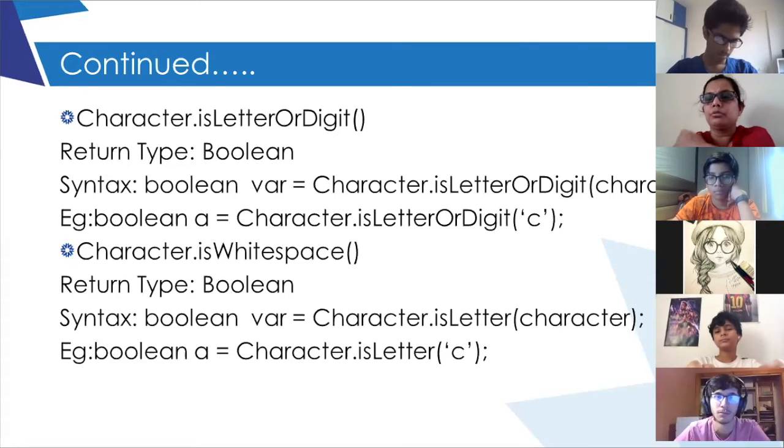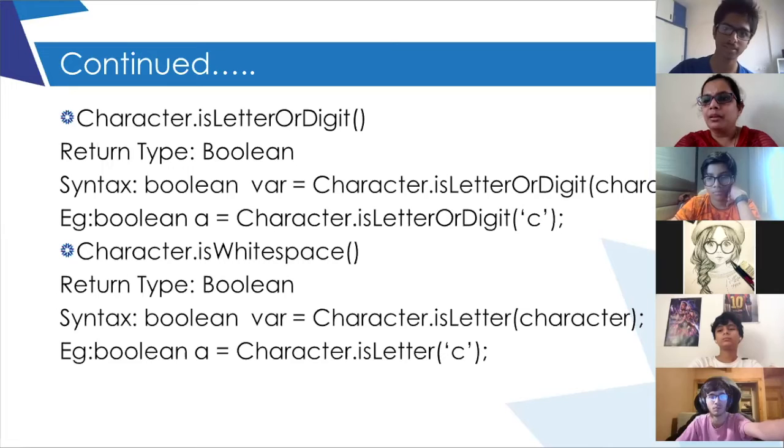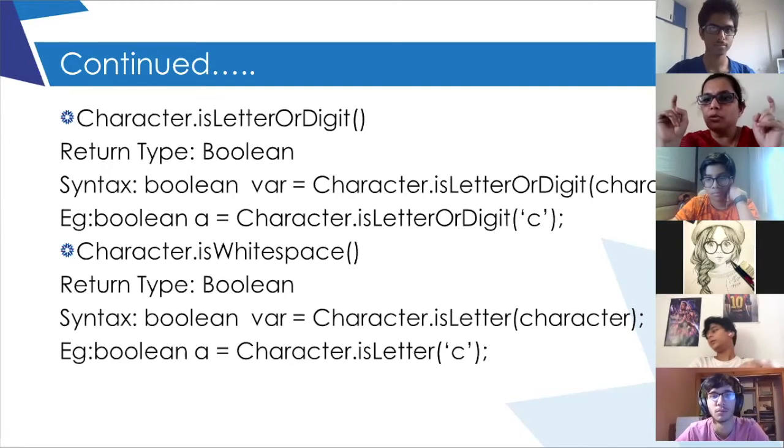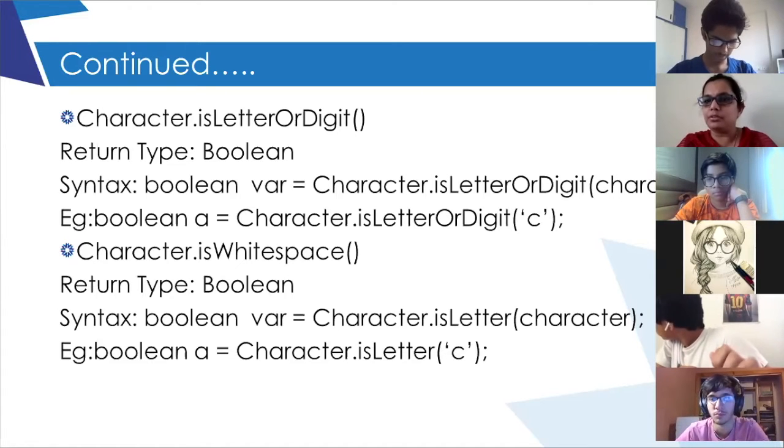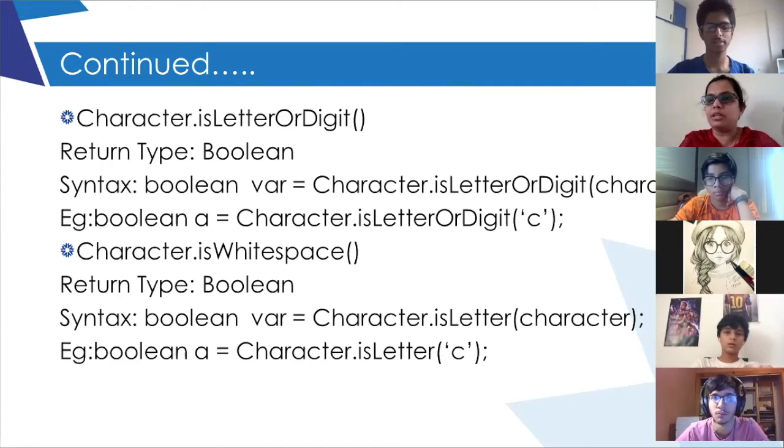Put on your video. Ma'am, what if we input a value from the user? What will be the syntax? That's what I just explained to him. If you are taking a value from the user, you will write the name of the variable in place of the single quoted character and then check it. In the bracket, just P, suppose the variable is P. So the value of P will be checked. Okay. Try out these functions at your place.